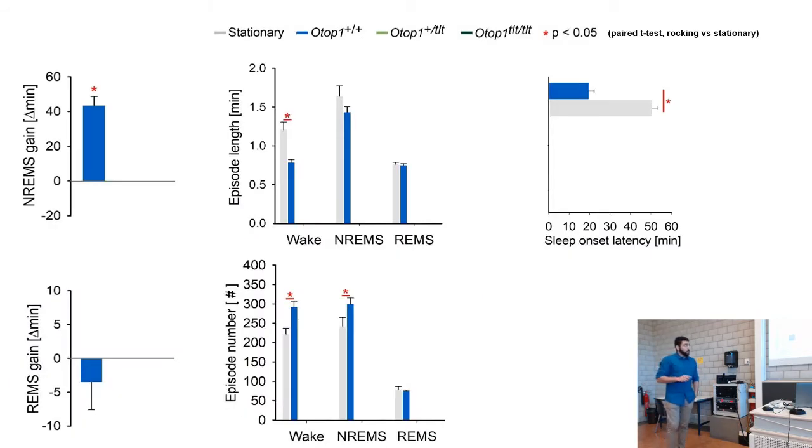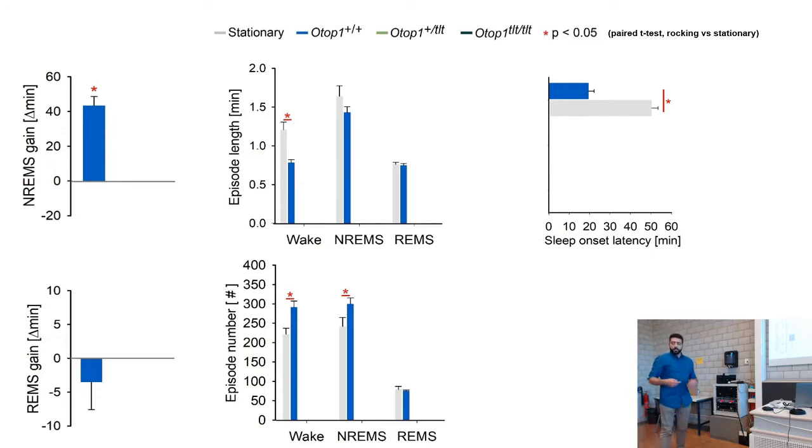So we rocked these mice at 1 Hertz. We had all three genotypes, so the wild-type mice, the heterozygous mice, carrying half of the physiological information and half of the mutated one, and the tilted mice with non-functional otoliths. So in blue, you can see the wild-type mice, and they perfectly recapitulate whatever we saw before in the physiological mice, meaning a non-REM sleep gain of around 40 minutes, nothing significant in the reduction of REM sleep.